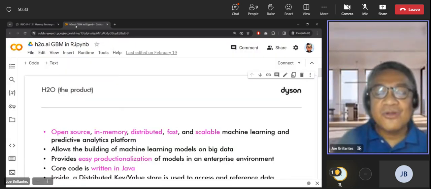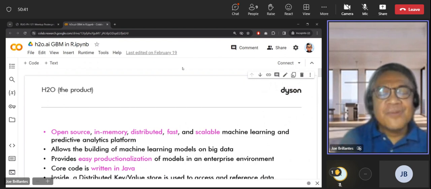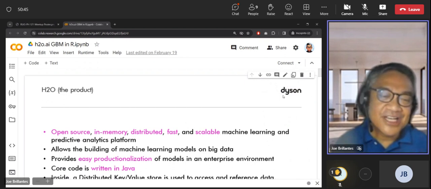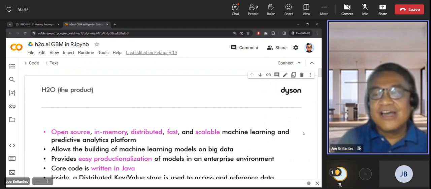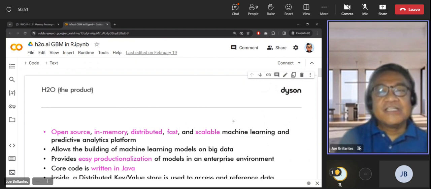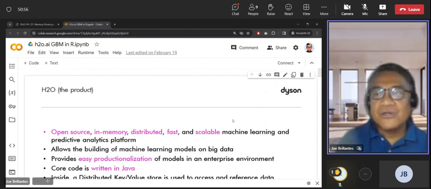So later on, I will also be sharing with you this notebook so you can try it on for yourself. You might also see a logo of Dyson because I also worked with Dyson several years back. So let's talk about, I'm not sure if you guys know about